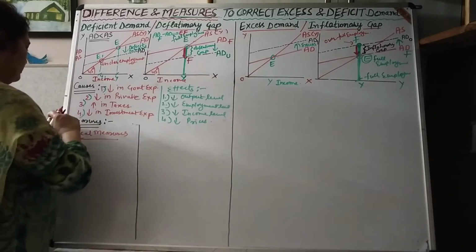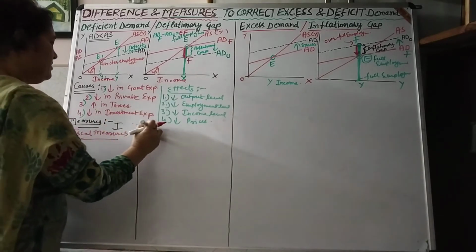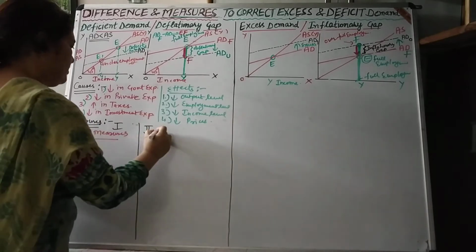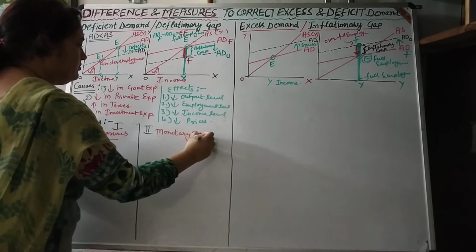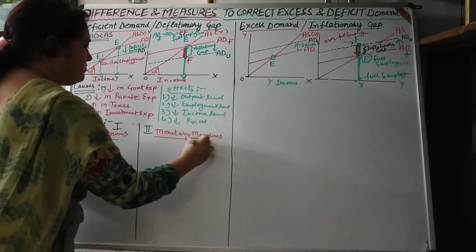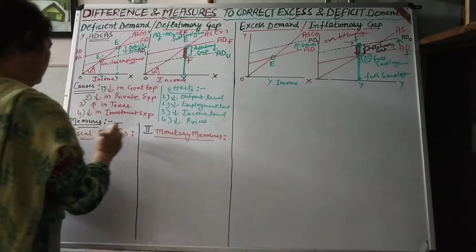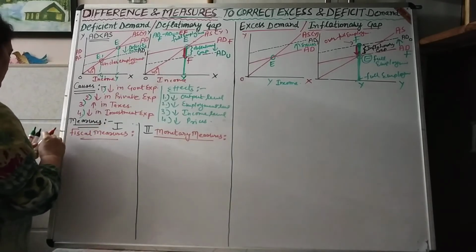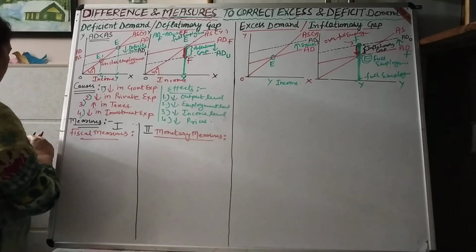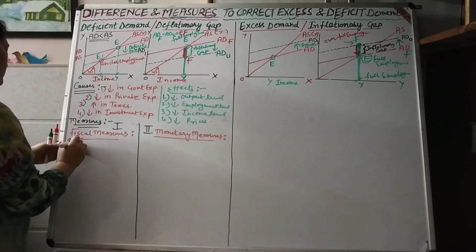Number 2, first fiscal measures. Number 2, monetary measures. First, fiscal measure. Fiscal measures means these are related to